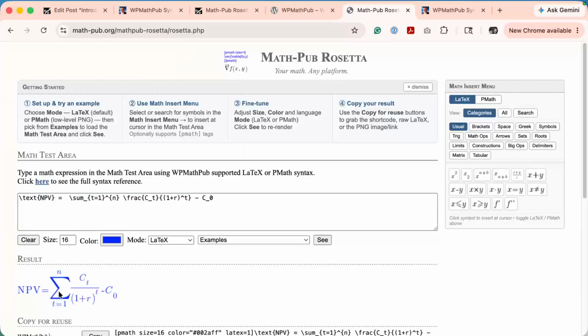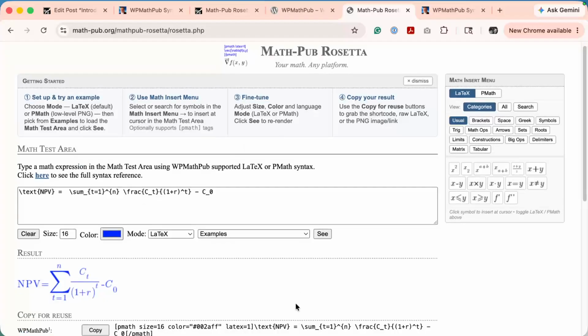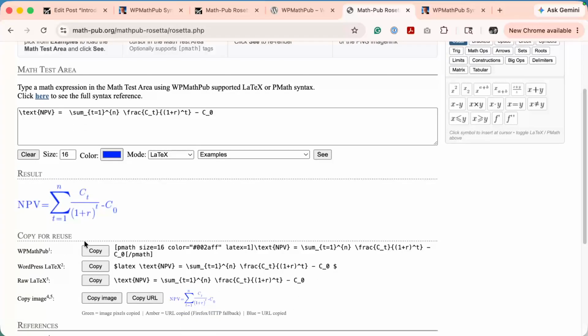So now we have the equation in Rosetta, and Rosetta offers many different copy and publishing options. One is to go straight to pmath tags, which is how you work with the WPMathPub when you don't have the Gutenberg block. And then we can publish to other locations as well, or simply copy the image. If we copy the image, we'll see a feedback knowing that the image got copied. But we're going to use the WPMathPub